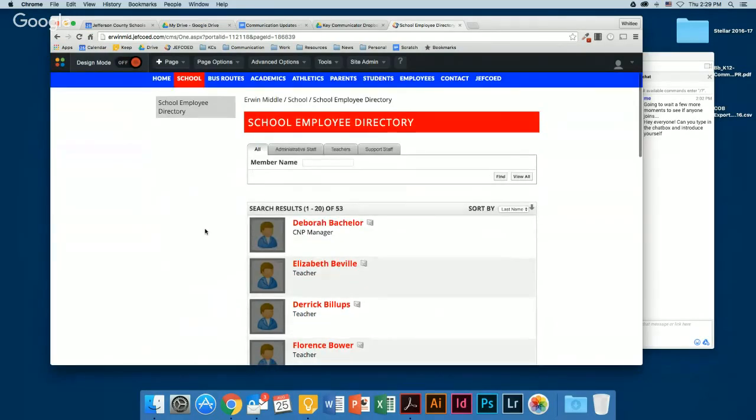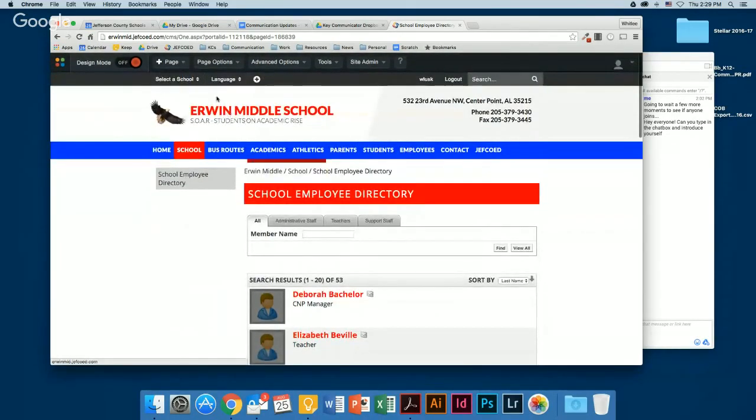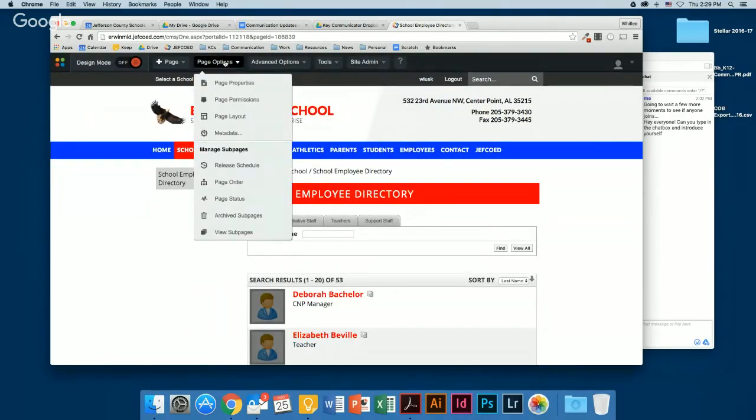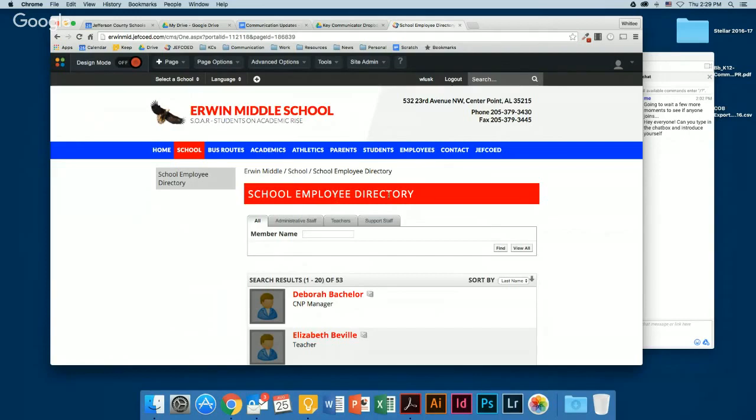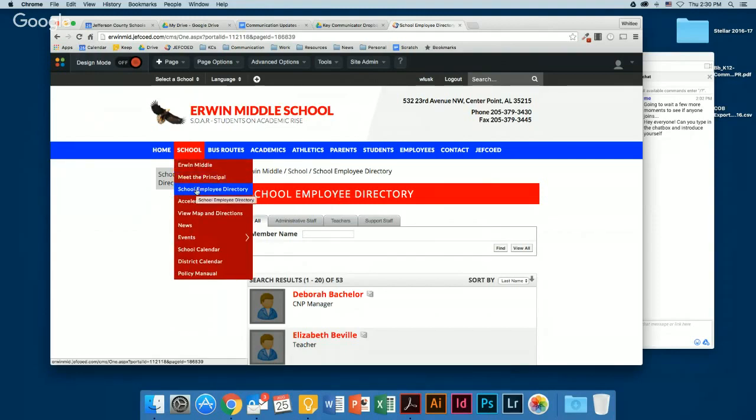Okay. So right now, if you haven't done this part, when School Messenger mass produced teacher pages, they, for some reason, put them under the school employee directory page, and I think a lot of you may think that somehow the school employee directory page is tied to teacher pages, but it's really totally separate things. They have nothing to do with each other. They just put teacher pages underneath your school employee directory. So just FYI on that.